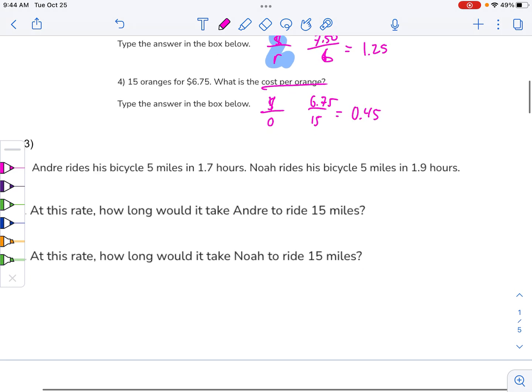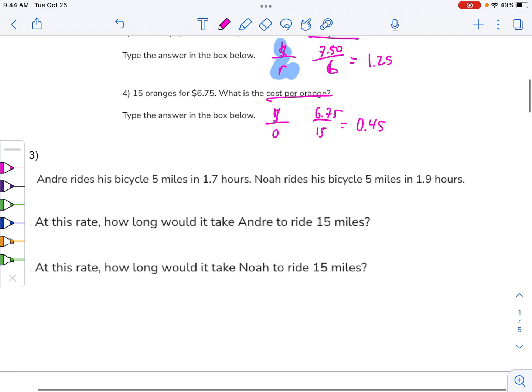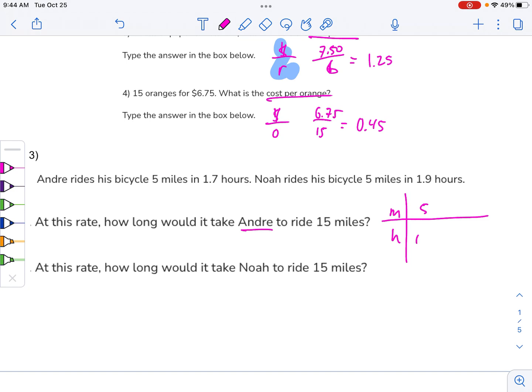All right, we got some people biking a little bit here. Andrea, so let's talk about Andrea first. Okay, so it looks like I have miles, and then it looks like it is hours, so miles per hour. So we know that Andrea goes 5 miles in 1.7 hours. Okay. Oh, and I need to go 15. Oh, easy peasy. That's just times 3. So 1.7 times 3 is 5.1. So the answer is 5.1